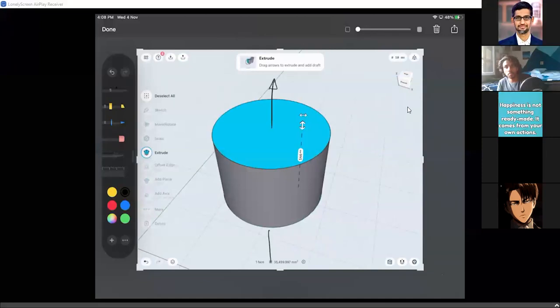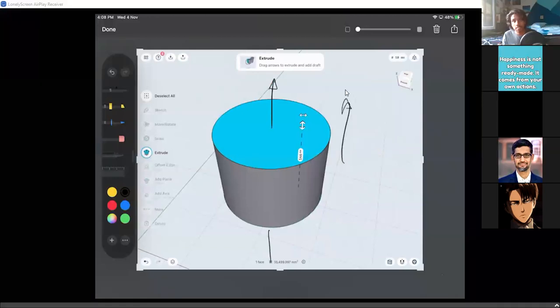Vamshi raised his hand and people already gave the answers. Everyone gave the answers. That is really good, guys. We simply extruded it parallel to the axis, so we didn't change the mass distribution at all. So the moment of inertia is nothing but m cylinder into r square by 2. The moment of inertia of the cylinder is m r square by 2.